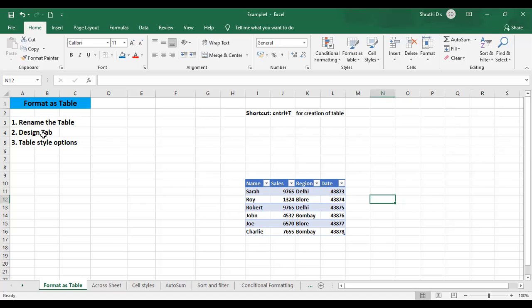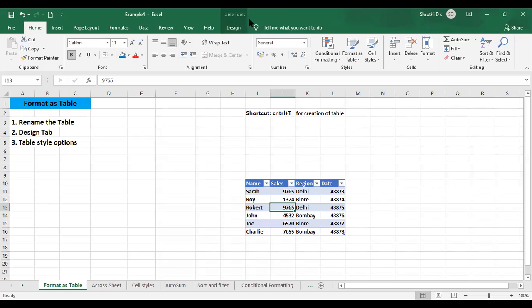Now, coming to the design tab. From my Excel sheet you can observe the tabs: file, home, insert, page layout, formulas, data, review, view, and help, right? Once I place the cursor inside the table, after help you didn't have any tabs, but now there is a design tab that appeared automatically.